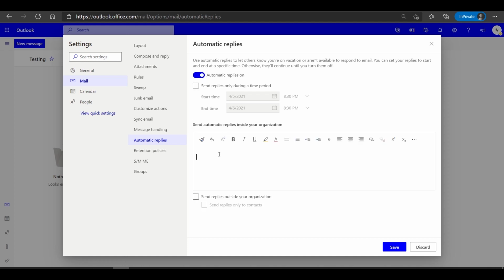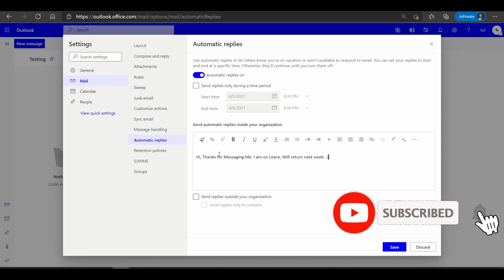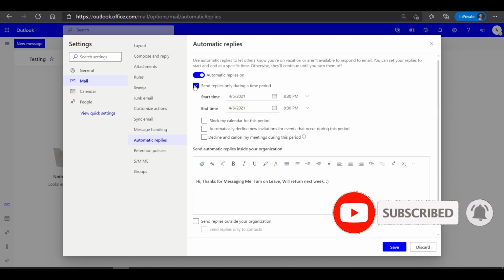And here you can type your message, whatever you want. Let's say, type: hi, thanks for messaging me, I'm on leave, will return next week. I set some message here, and you can click on Send replies only during time period.